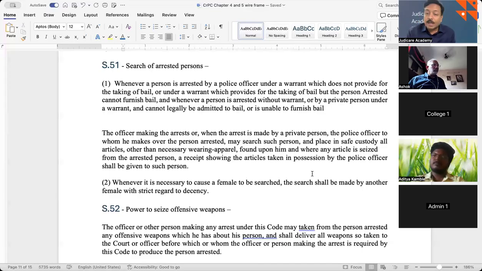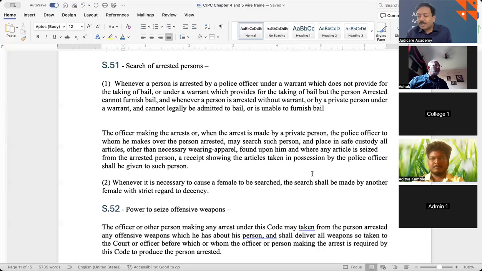When a person is arrested without a warrant for a cognizable offense, or in case of a non-cognizable offense where the person has not disclosed his name and address, or by a private individual who is executing a warrant, but then the responsibility has to be handed over to the police officer. Once it is handed over, the police immediately has to then do